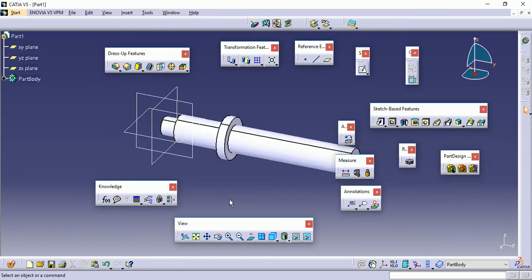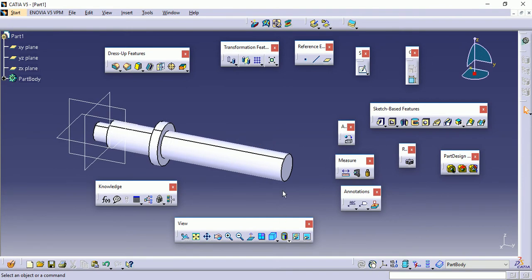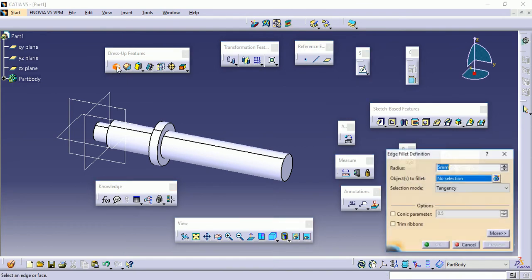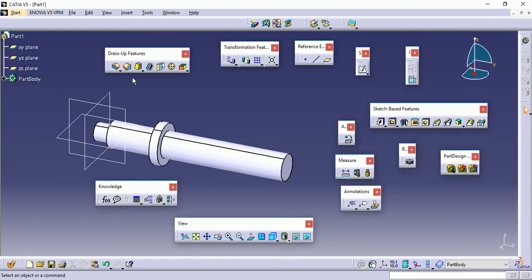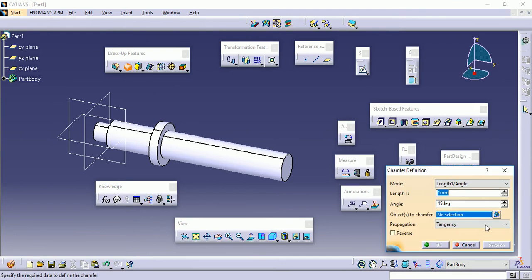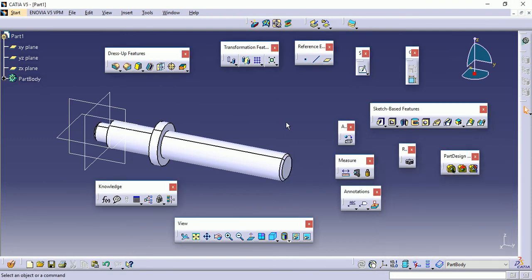Now after this, on these two outer edges we have a chamfer of value 1 into 45 degree. So for this, either we can initially trace the chamfer in the sketch, or we can go to dressup features, sorry, chamfer, and select here the nomenclature as length by angle. So this is 1 by 45 degree by default. So here we have to select these edges just 1 by 1 for getting the chamfer to be created.